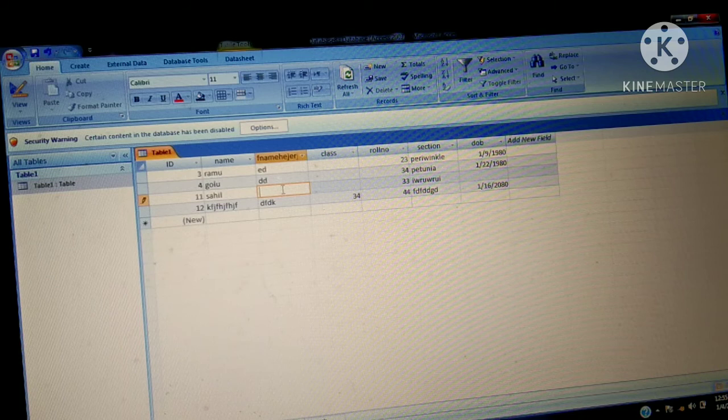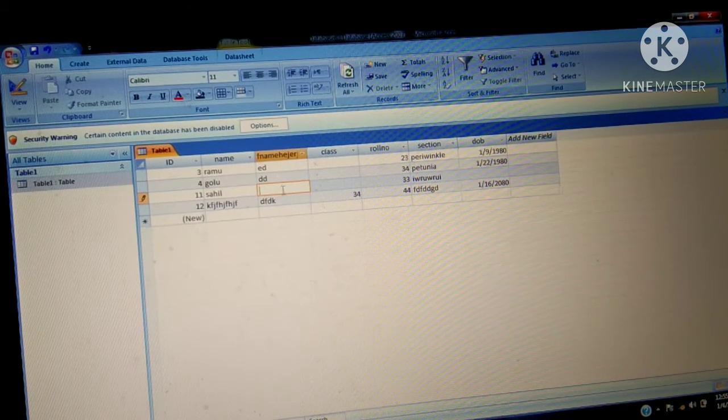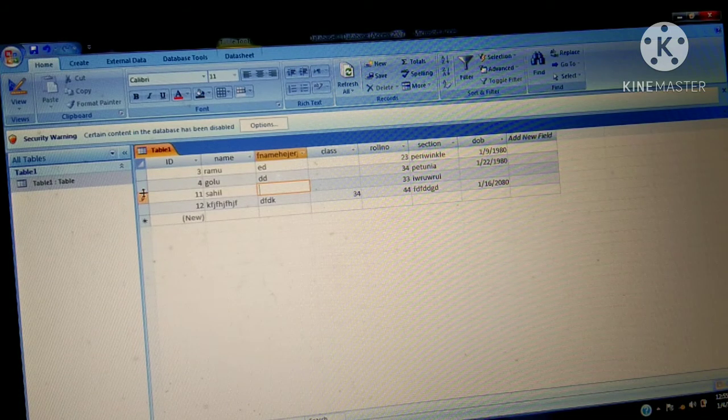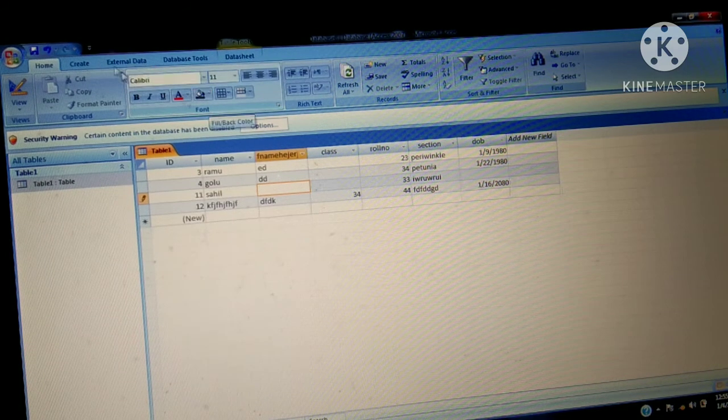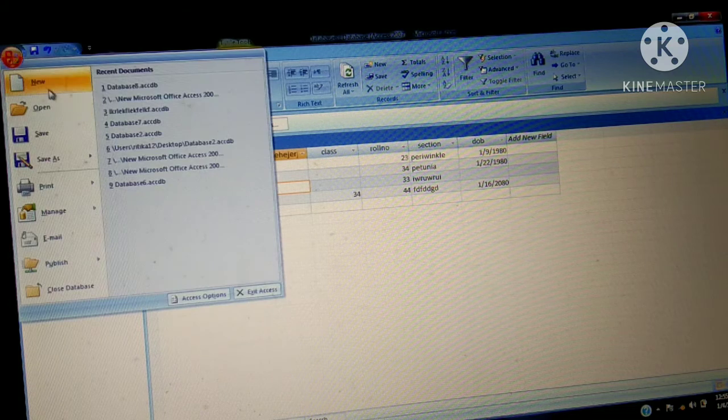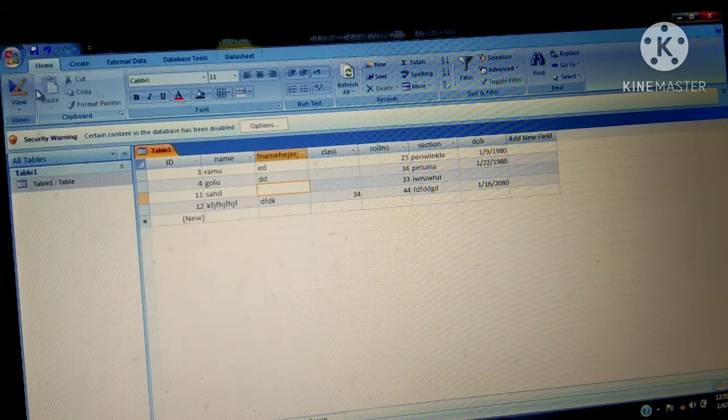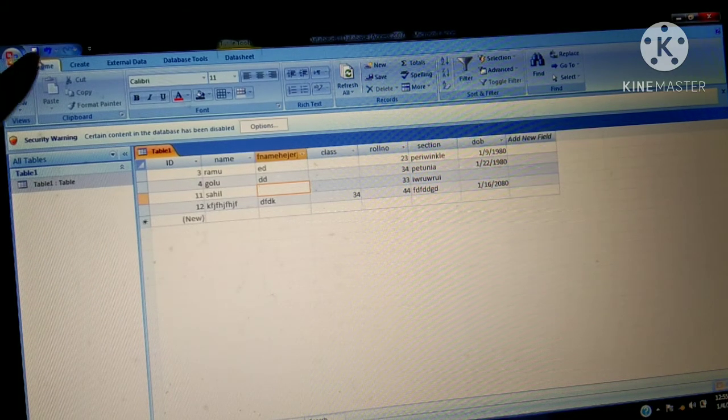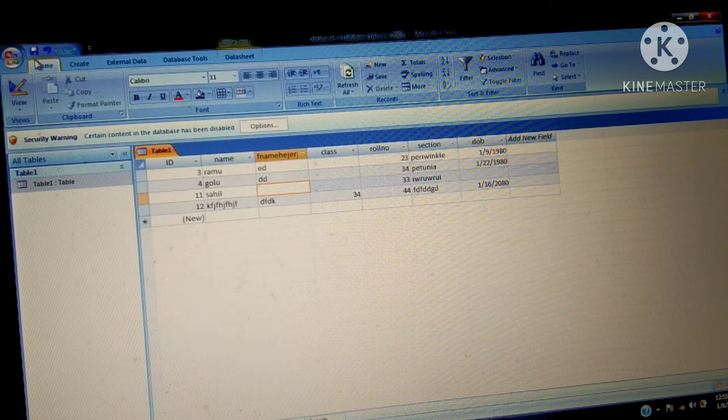The second method of editing a record in a table is for when you want to make changes, for example, to delete a record from the table, which is what we learned here. If you have done any editing in the table, then you will save it, either by clicking on the Office button and choosing the Save option, or from the Save option on the Quick Access Toolbar. Okay, next is deleting a record from a table.